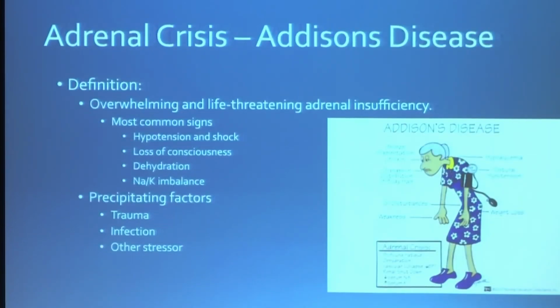Adrenal crisis, Addison's disease. Addison's disease is adrenal insufficiency. Adrenal crisis is overwhelming and life-threatening adrenal insufficiency. Most common signs are hypotension, shock, loss of consciousness, dehydration, sodium and potassium imbalance, which you can't really tell. Tuck this away for remembering to the final thing here. Precipitating factors,